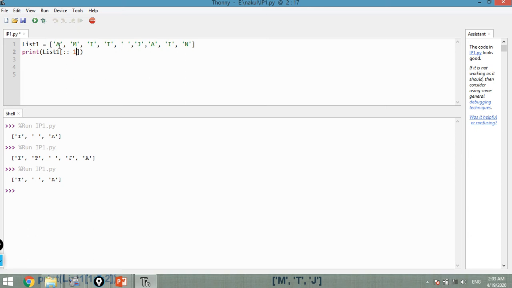So it will display the result in reverse order. Let's see the result. The complete list is reversed here just because of the -1 step.